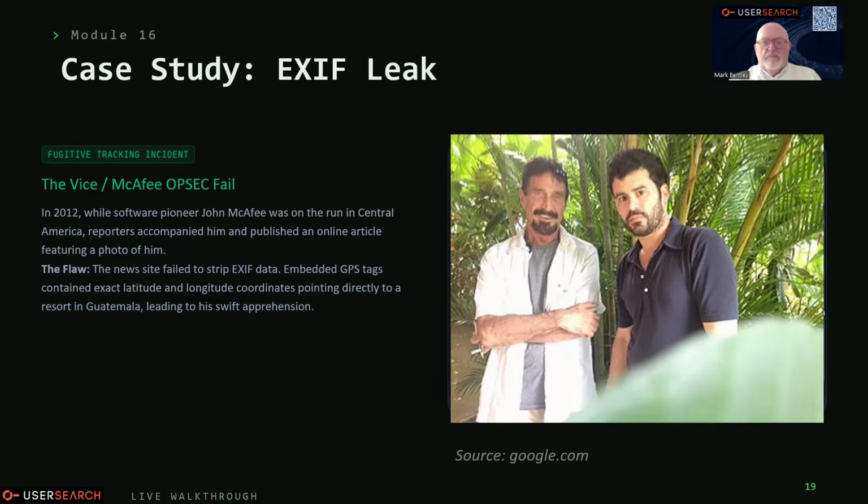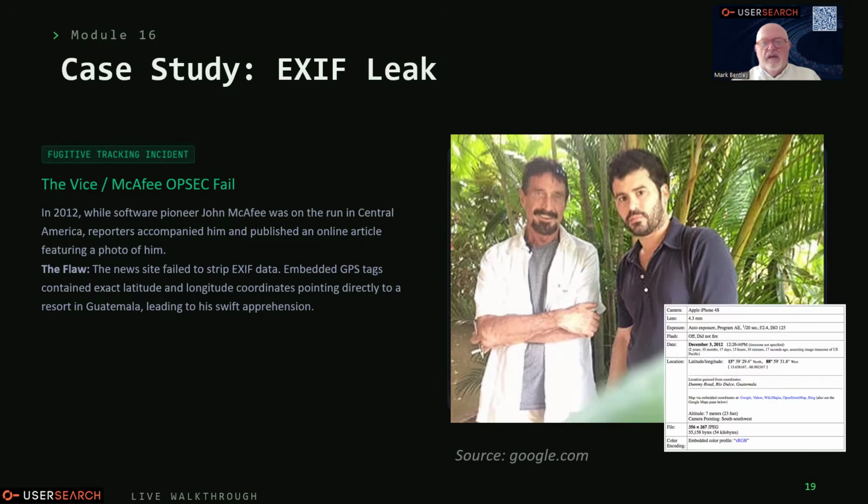And this picture was uploaded on the internet without any EXIF tags or data. And looking at it, do you remember what I said about never assume that because you haven't got the data? If we put this through user search, it'll find the original one with EXIF data. And it'll tell you that it was post-event. It tells you where that picture was taken, the device that took it and the date. So we've got the data on there.